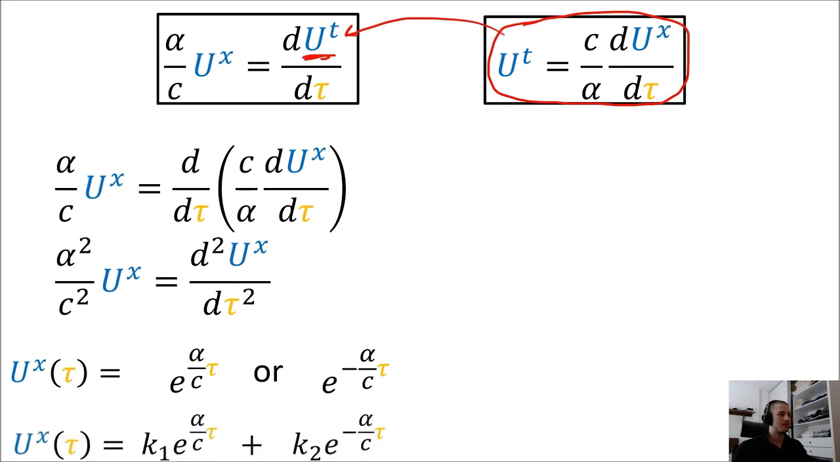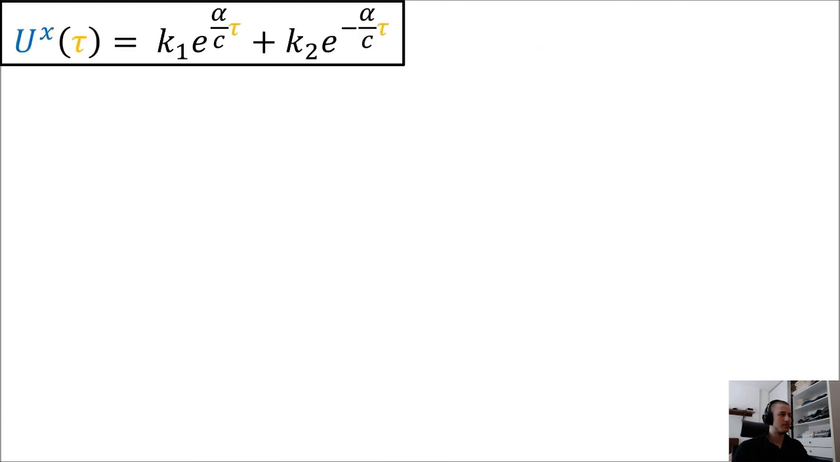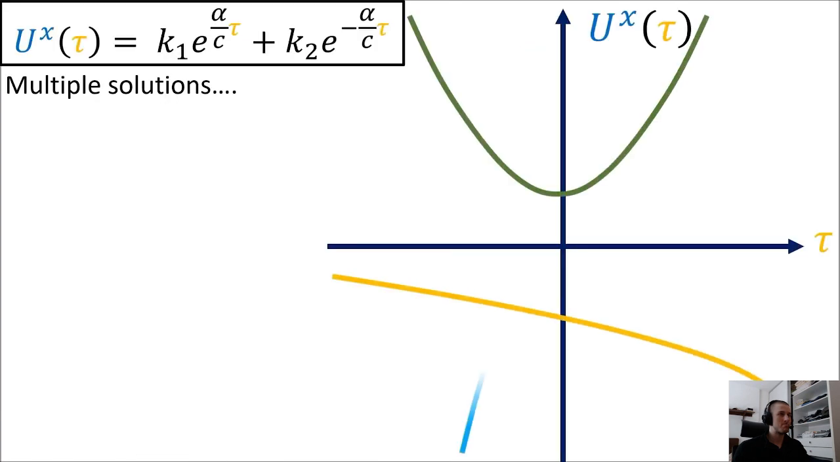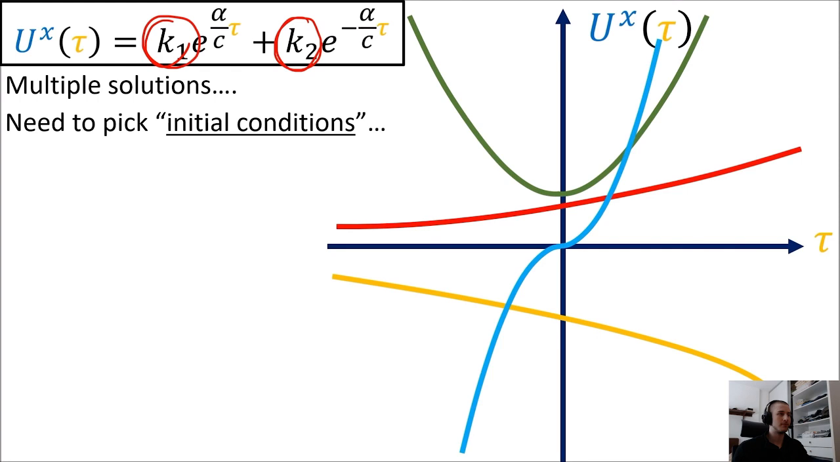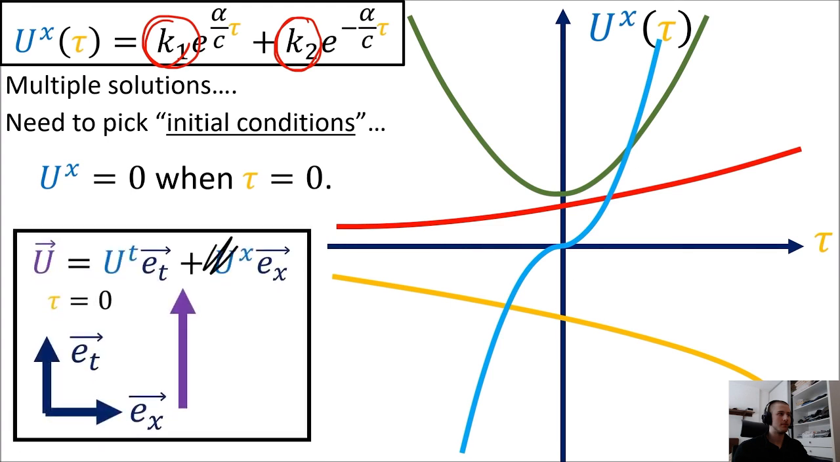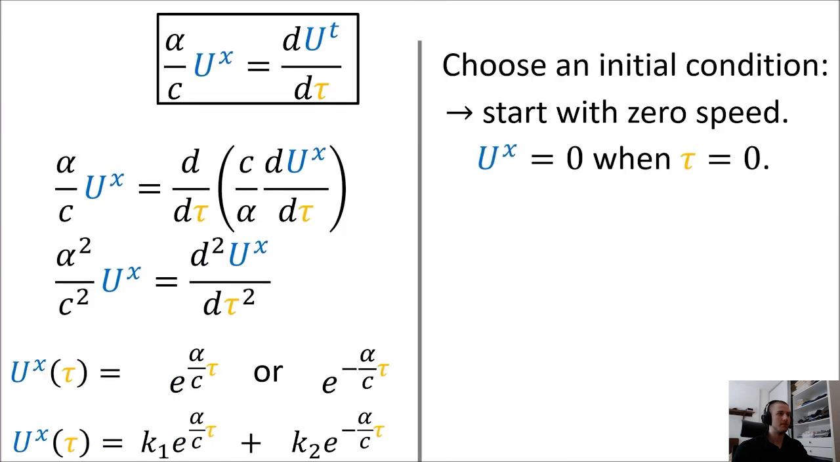In fact, any combination of these solutions added together with constants k1 and k2 also works, and you can plug this into ux to confirm that this is true. Now, differential equations always have multiple possible curves as their solutions, depending on the constants that you choose. In order to get unique constants, we need to choose an initial condition. Let's say that our initial condition is that the x velocity is equal to 0 when tau equals 0. So the 4 velocity vector only points in the time direction at time tau equals 0. So if we take ux and set it to 0 when tau equals 0, we get that k2 equals the